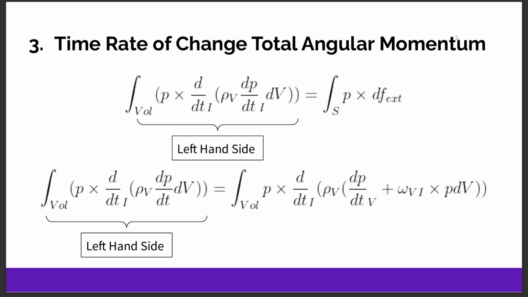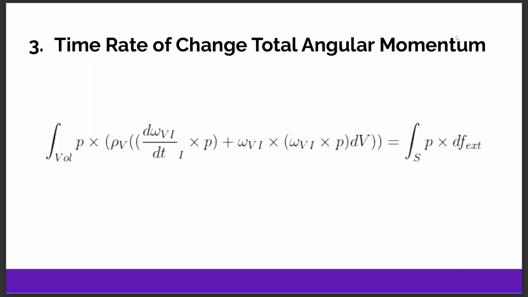So finally, you're left with what you have at the top. And the final rearranging that you can do is to express the inertial velocity of point P as the velocity of P within the body frame, and that is dP over dt, plus the contribution of the rotation of the body frame with respect to the inertial frame to the inertial velocity of P, and that is captured by omega vi cross P times dV. So that will be your final result,